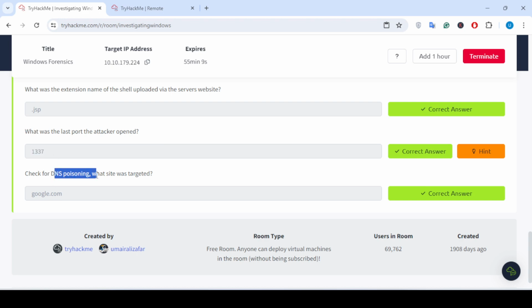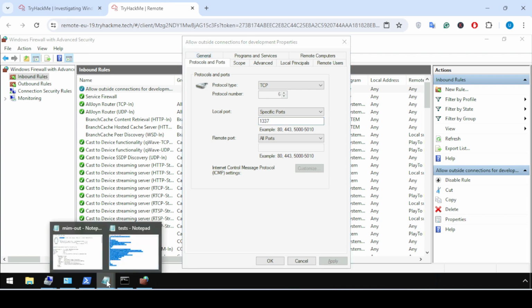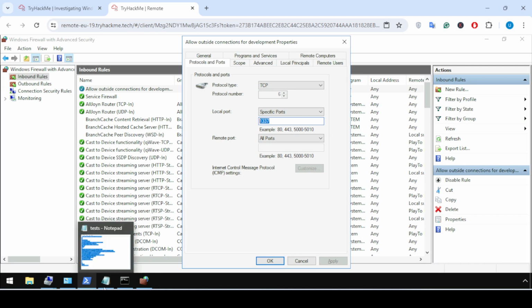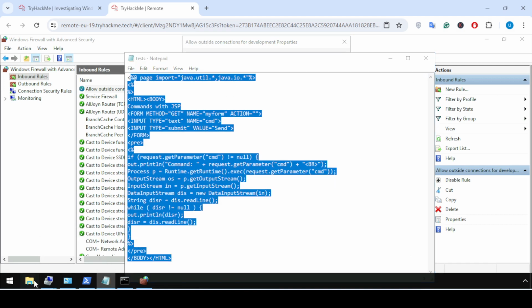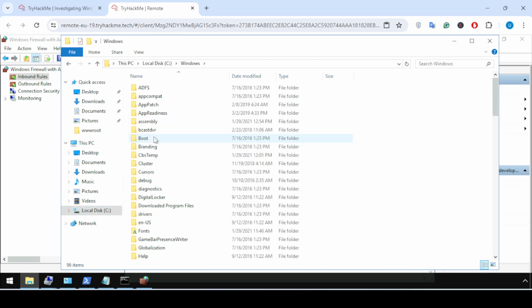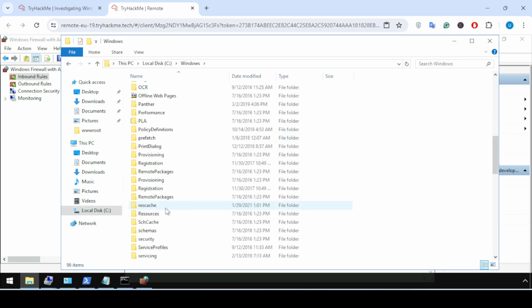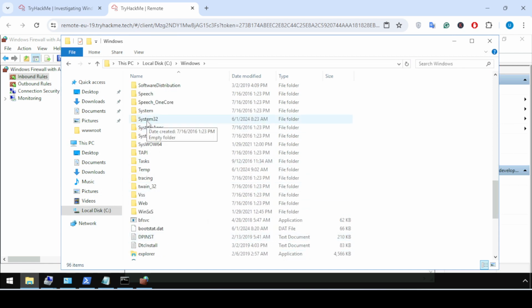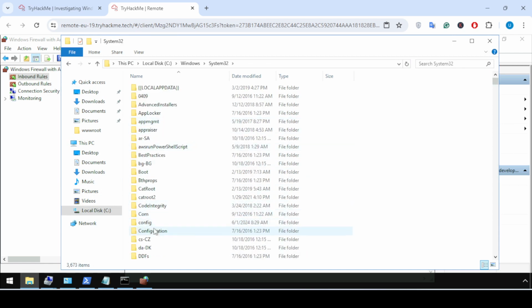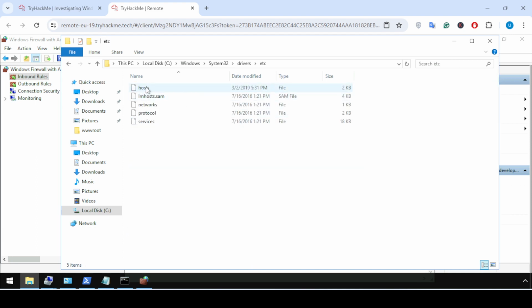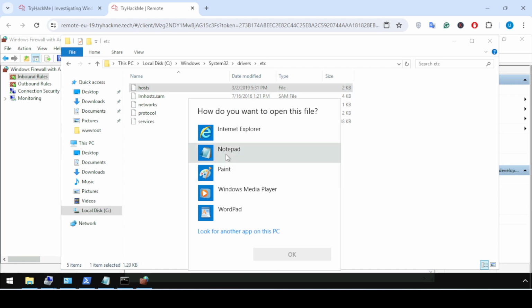Check the DNS poisoning: what site was targeted? If you check the hosts file that is present in C, Windows, then system32, drivers, etc, and then hosts.